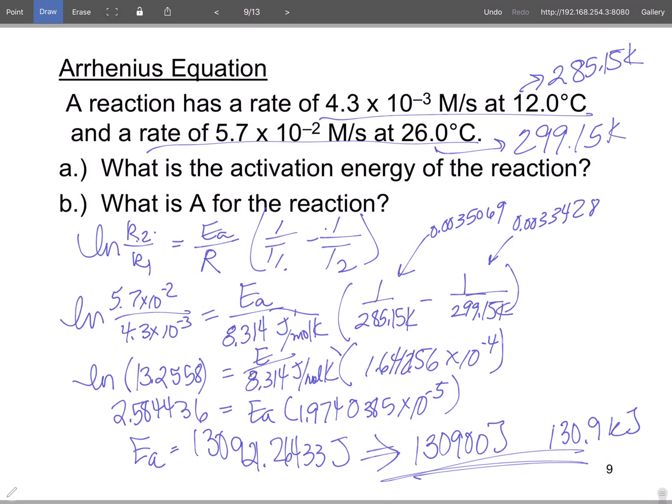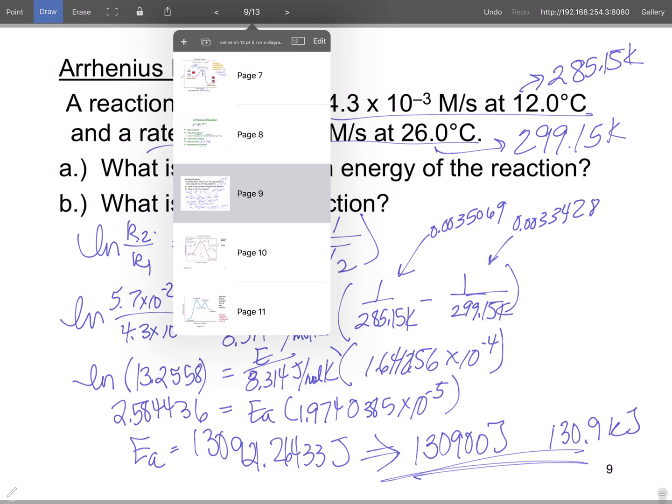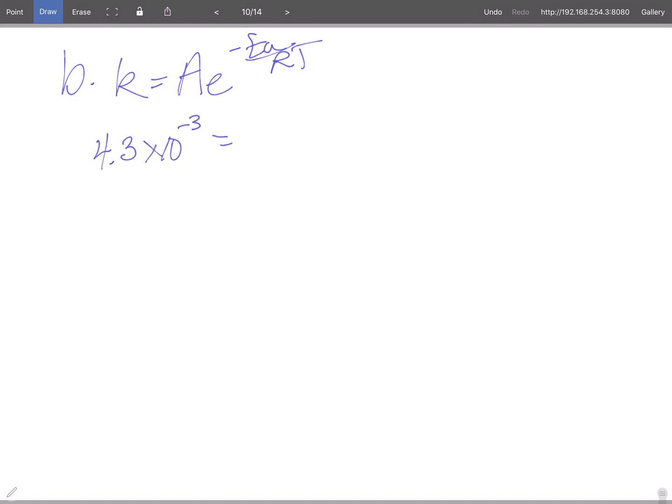Okay, now I'm missing B. So I'm going to add one in because I need to do part B. All right, B says what's the A for the reaction. So if you'll remember, K is equal to A e to the minus E sub A over RT. Okay, so that being the case, we need to pick one of the two equations. Doesn't matter which one. I picked the first one, so 4.3 times 10 to the minus 3 is equal to